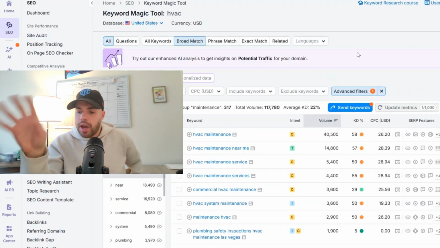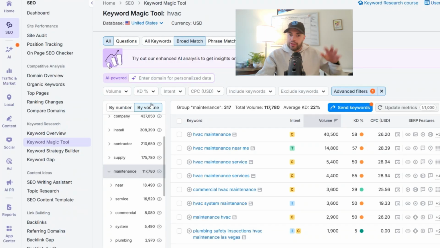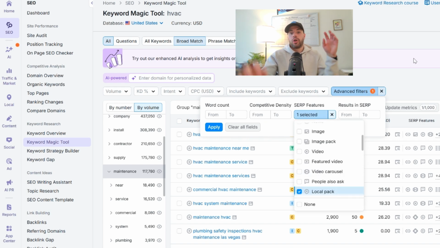So I encourage you to use SEMrush, go to the keyword magic tool. Obviously, that's step one. But don't forget about going to the advanced filter section over here. Go to SERP features, check off local pack, because that's what you ultimately want to be looking at for keywords for the Google business profile. And then on the left-hand side, you can sort by contractor, install, company, supply, maintenance, etc. These are all keywords you can go after so you can get more impressions for your business and ultimately more